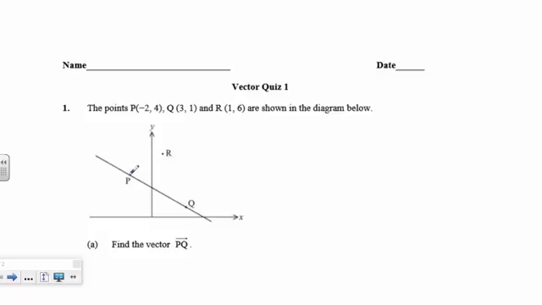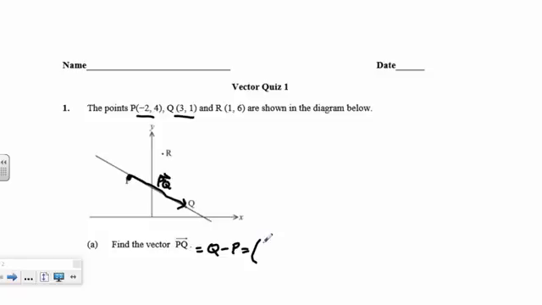So what I have is the point P right here, and this is going to go in the direction of Q. So that is the vector PQ, I'm saying. And to find the actual vector components of PQ, what I'm going to do is take the point Q and subtract the point P. So basically I'm going to take this and subtract this from it and write it as